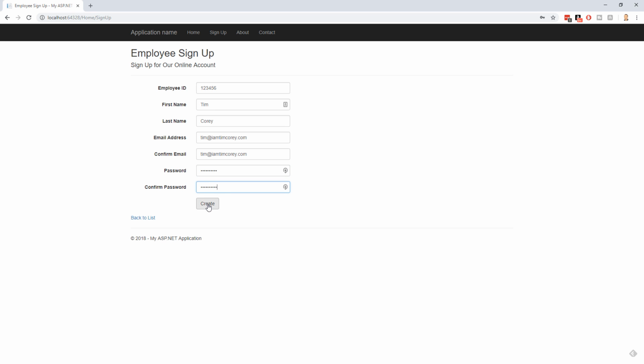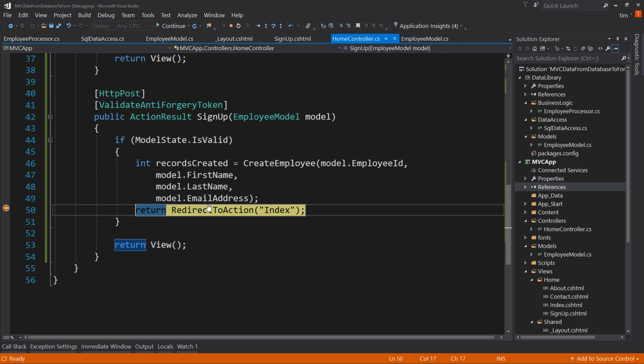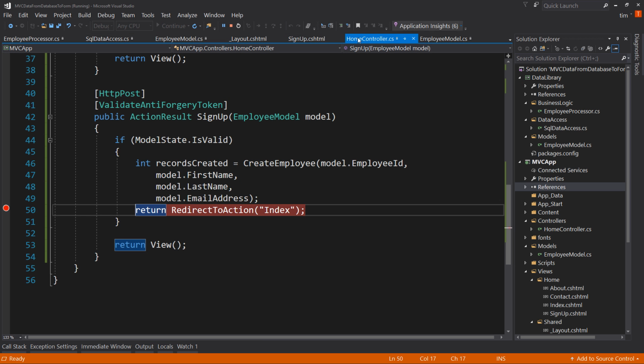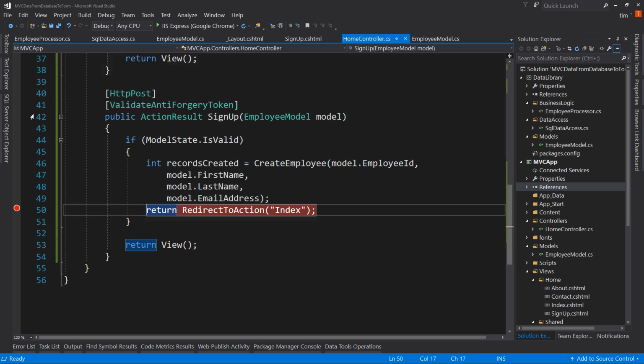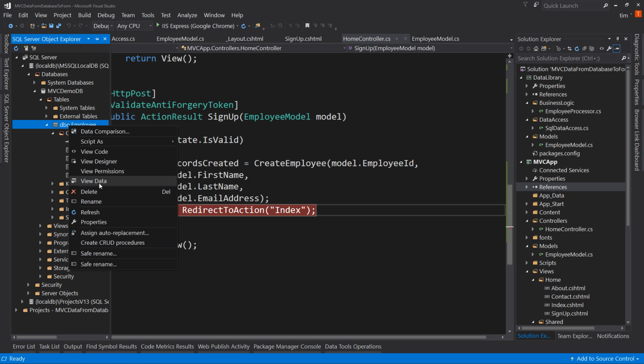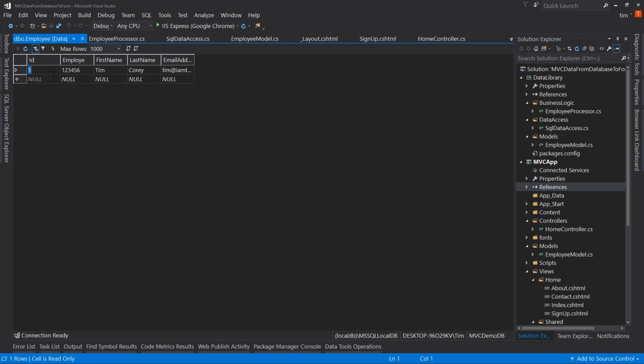We hit create. The breakpoint gets hit. Records created says 1. Our model has all of our data in it. So if I hit go, it's going to go right back to the home page. If I close this out and stop the project, come over to SQL Server Object Explorer, go to my local DB, and let's say view data. And there is employee ID number 1, or I'm sorry, ID number 1, employee ID number 123456, Tim Corey, and